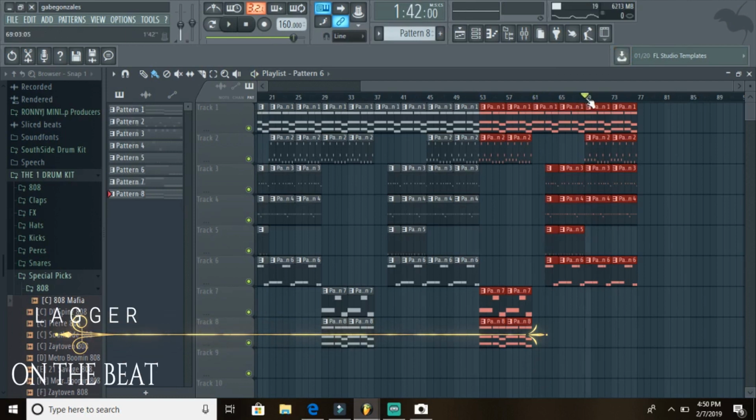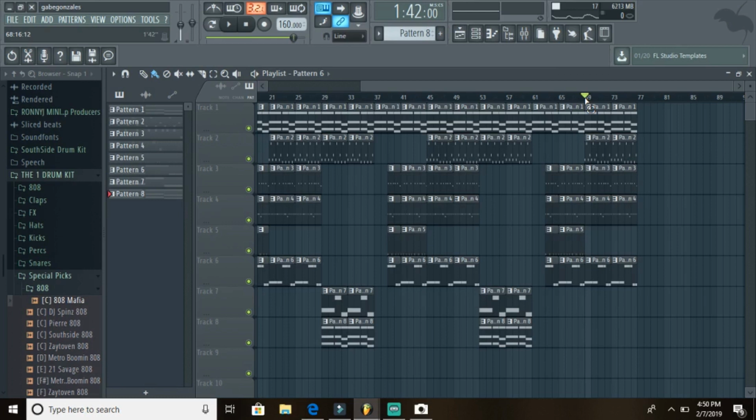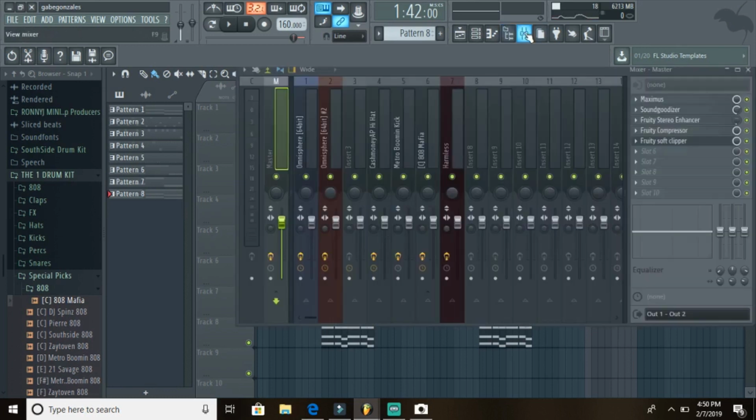And then the last part that I usually do is I go up here and I press Control and click with the left side of the mouse, drag it over to the 77 right here. You don't have to go based off of these numbers, but I usually try to take the last 8 bars at the end of my song and highlight it,